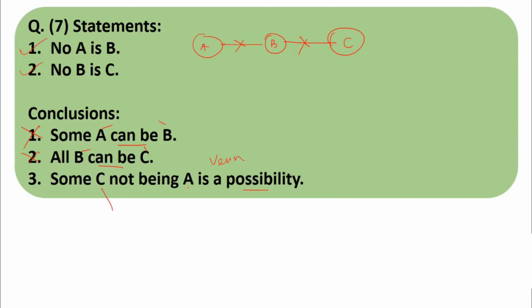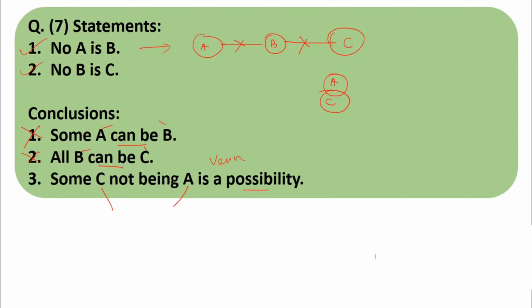Relation between C and A is asked. Is there a relation? No, there is no direct relation. Okay. Now see the diagram over here. A and C are far away. There is no connection between them. So in what possible way can we draw this diagram again? You can have A and C far away, or you can have A and C a little bit connected to each other.